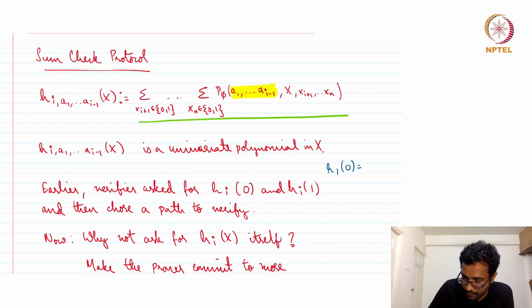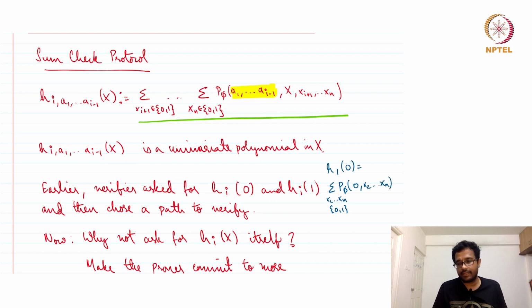So basically you sum up over everything, x2 up to xn from 0, 1, of p5 of 0, x2 to xn. In other words, we are asking how many satisfying assignments are there where x1 is fixed to 0. So this is actually k0. Similarly, h11 is k1. So earlier we asked for k0 and k1, which is h10 and h11, and then we chose one of them to verify,